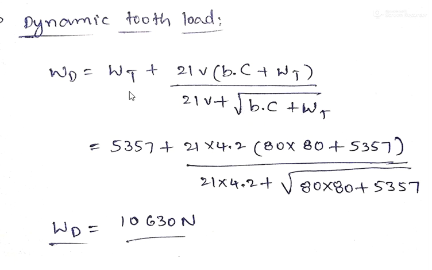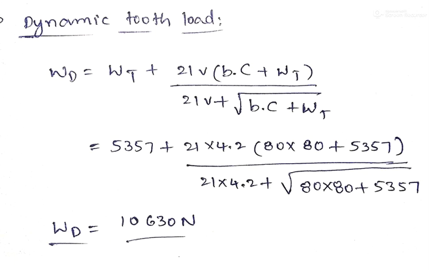Here WT is the tangential tooth load we have calculated in the previous step, we got 5357 newtons, and 21 is constant. V is the pitch line velocity we have calculated already, B is the face width, and C is the deformation and dynamic factor. This is also called the Buckingham equation, and in this equation capital C stands for dynamic or deformation factor, which is given as 80 in the question itself, and WT is the same tangential tooth load. When you substitute all these given values and simplify, the dynamic tooth load we got is